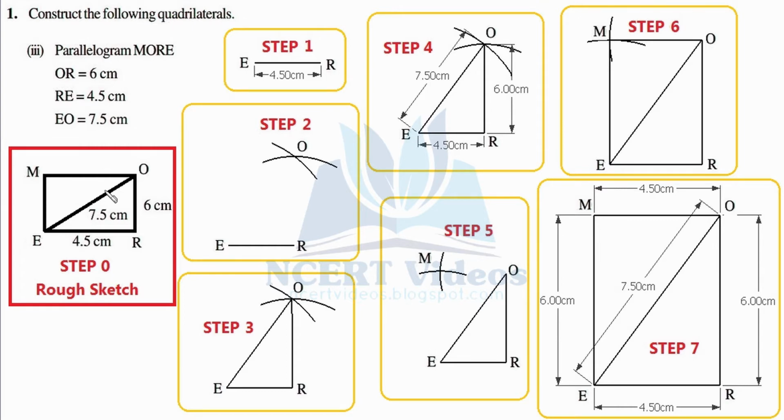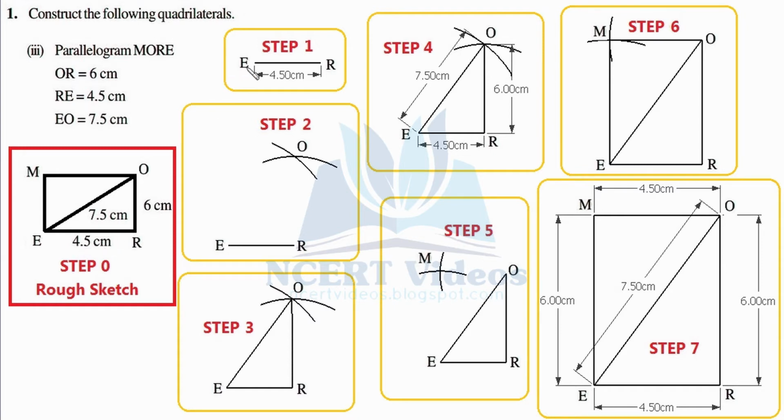Since it is a parallelogram, the measurement of line segment MO should be equal to ER, which is equal to 4.5 cm. Again, the measurement of line segment ME must be equal to 6 cm because it is a parallelogram and opposite sides of a parallelogram are equal to each other. With this, we have successfully performed our step number 0, that is, we have constructed a rough sketch. Now it is just a matter of plotting all these given points with the actual measurements, which will give us our final parallelogram MORE. So in our step number first, we simply construct line segment ER with actual measurement